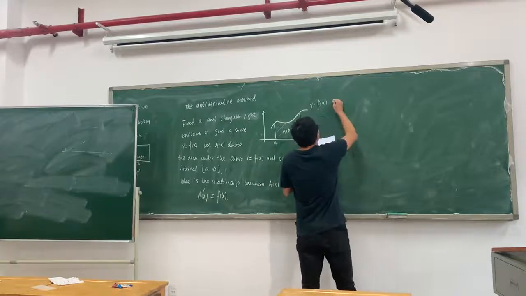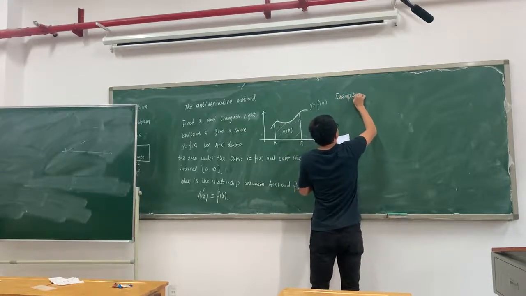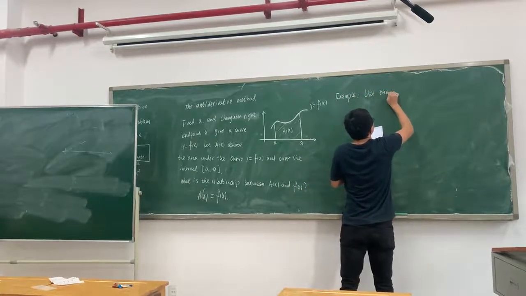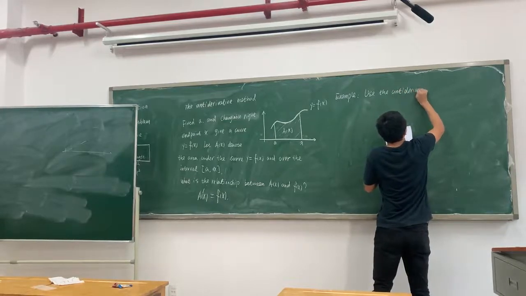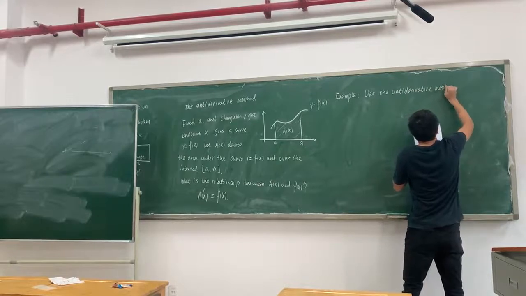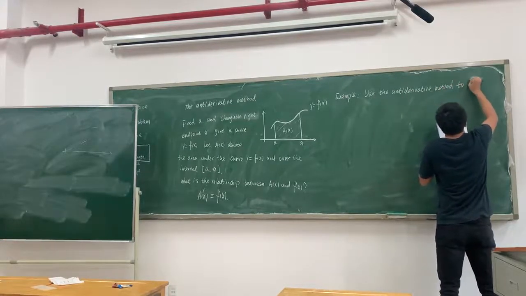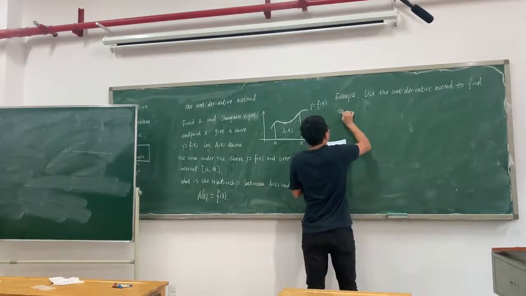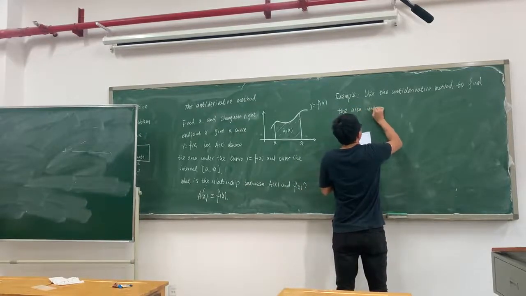Use the anti-derivative method to find the area under the graph